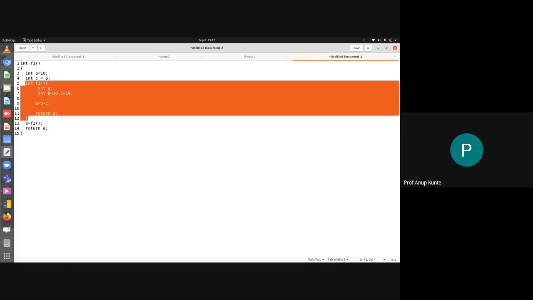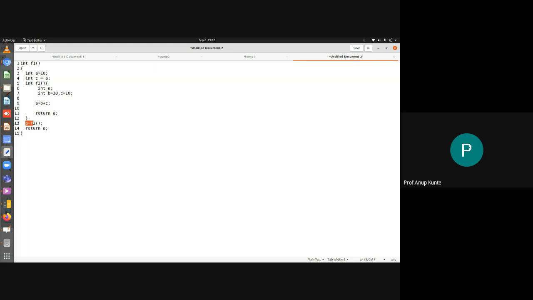function f1. f1 च्या आत त्याची डेफिनेशन केलेली आहे. I am calling it inside the block itself. That ब्लॉकच्या आतच मी f2 ला कॉल करतोय. And f2 is going to return a. This function is also going to return a. When I make the call to function f2, complicated आहे, असा complicated scenario खूप कमी वेळा येतो, but to understand the concept of variable and its scope or function and its scope, we are writing this thing.